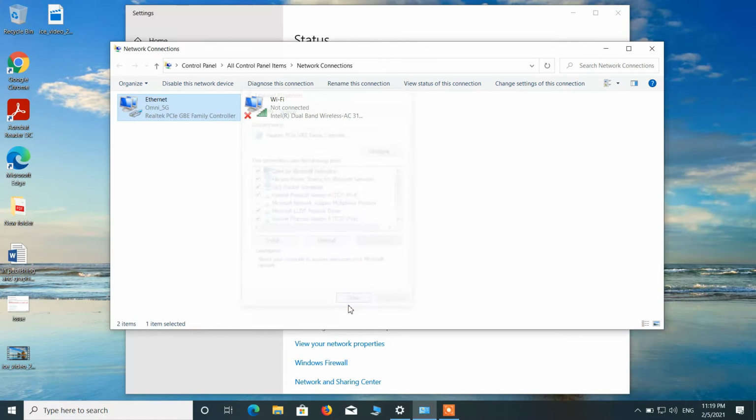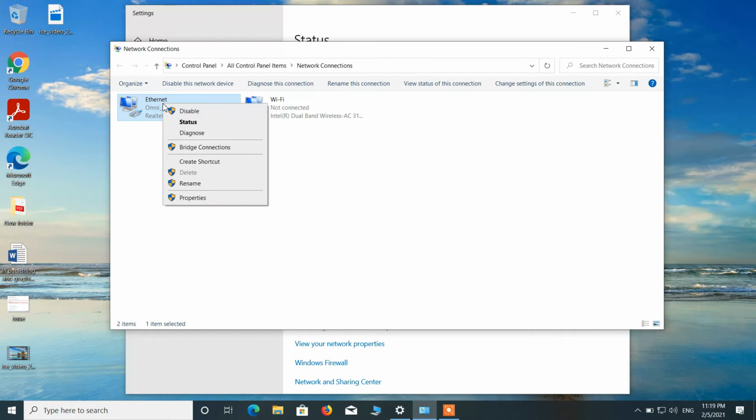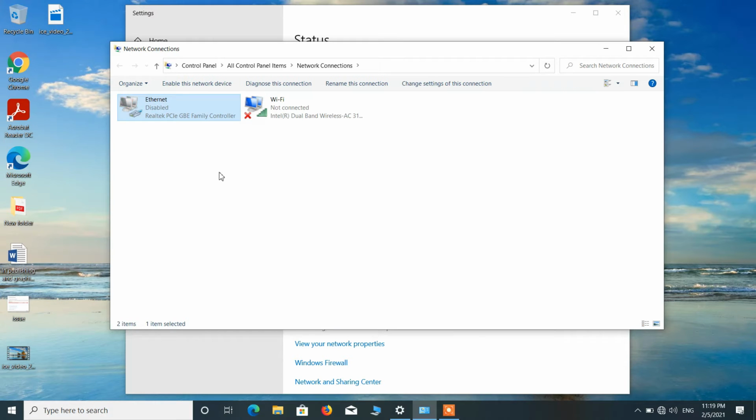Click on the close button, and after this again click on this Ethernet adapter, right click over it, and this time click on the option disable. Click on yes and just wait for a few seconds, and again right click over it, and this time click on enable option.